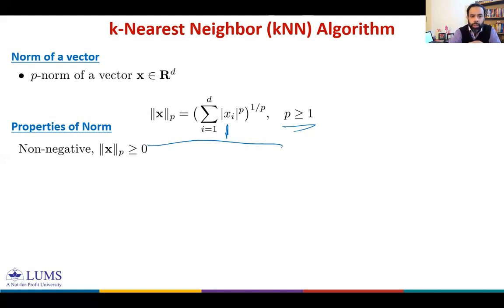So what is a norm doing? A norm takes a vector as input and gives you a scalar. It is a measure of the strength, or magnitude, of the vector. Any function that satisfies these four properties, which I'm going to talk about, we refer to as a norm. The first one is that the norm has to be non-negative, so the norm of any vector should be greater than or equal to 0.